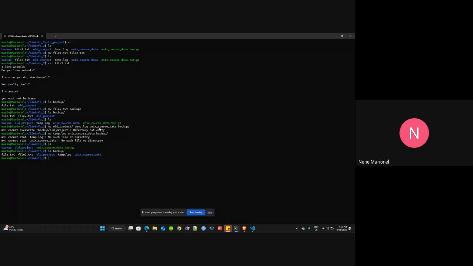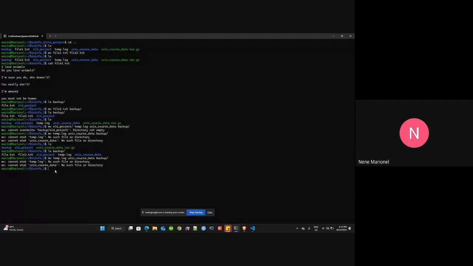These other three had already moved. If I had ls, the only thing I would have seen is these three. Because this temp.log file and this Unix course data file were no longer in this bioinfo2 directory, that was why it said it cannot move what it can't see. So if I try to do that again,